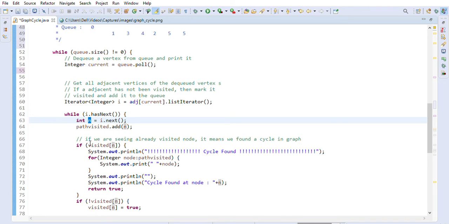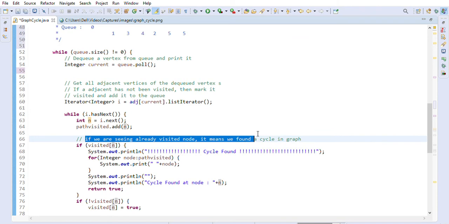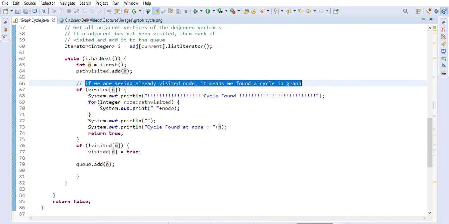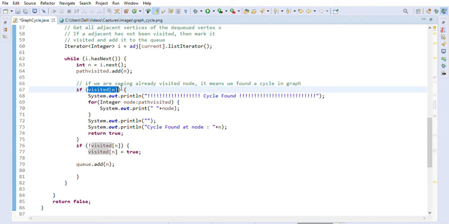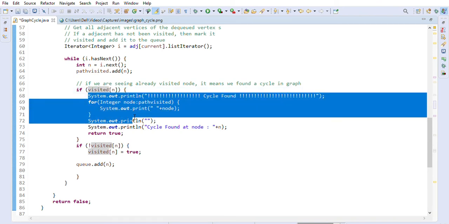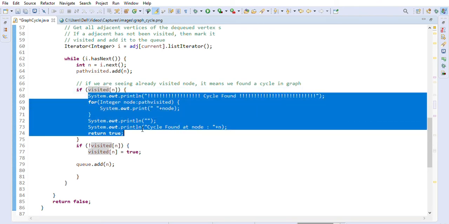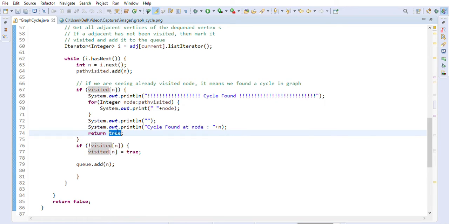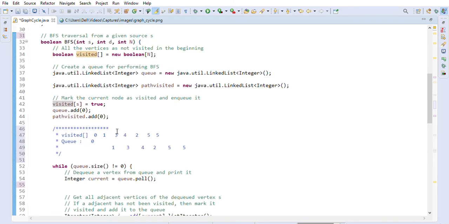And then we always check if n is already visited. If we see an already visited node, it means we found a cycle in the graph. So here we check if n is already visited, we print that a cycle is found, and then we return true, right? Because we already found a cycle in the BFS.